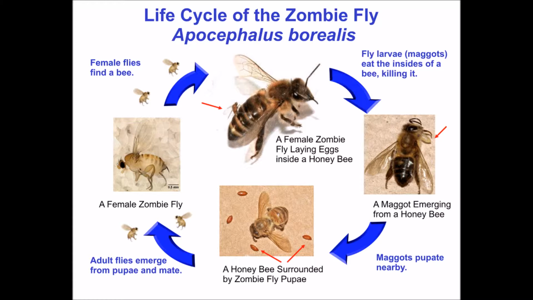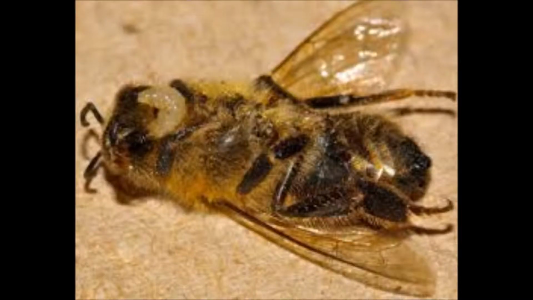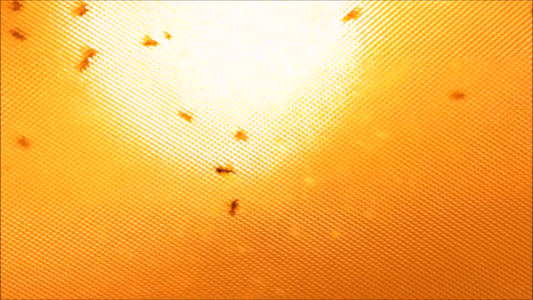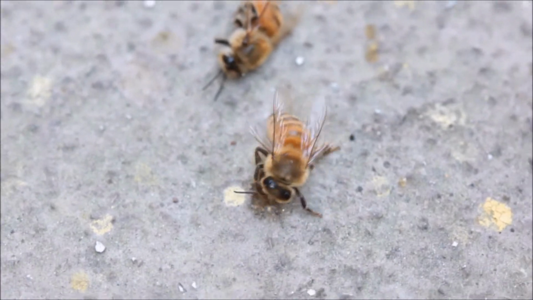The life cycle of the zombie fly begins when a pregnant female attacks and injects her eggs inside a honeybee's abdomen. The eggs will then hatch into maggots that feed on the insides of the honeybee. And strangely enough, parasitized honeybees will fly out of the hive at night and never come back. As a parasitized bee abandons the hive, she will become attracted to lights and show symptoms of disorientation before dying